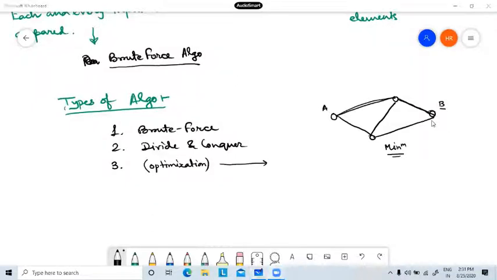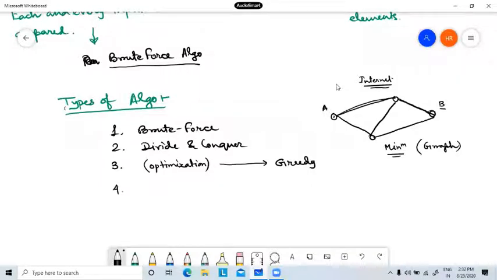This type of problem actually happens in the case of the internet also. Internet connection, computer connection is nothing but a graph connection, where different devices and servers are connected. Now there are different possible paths between two servers or two devices. Each and every device always tries to search for the minimum path or shortest path. This is called an optimization problem. And this type of algorithm is called a greedy algorithm. So this is another type of algorithm.